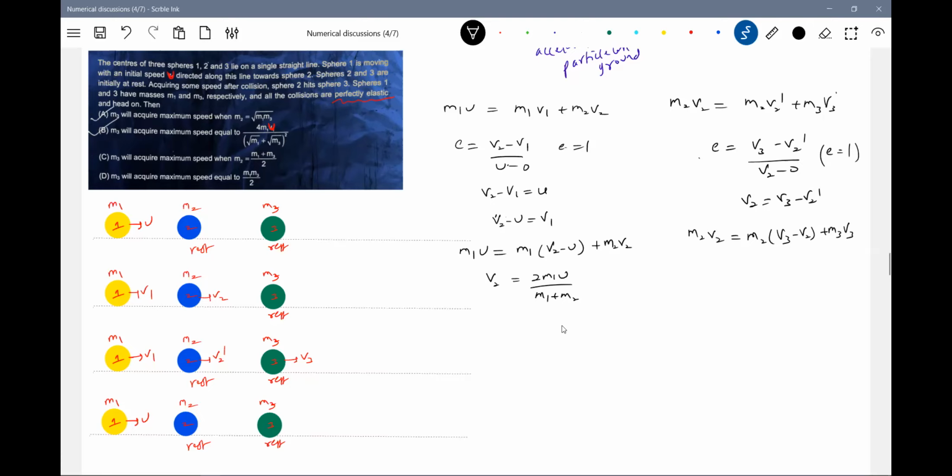Or else you could have used the same formula we had earlier: 2M2V2 by, no need to solve. You could have used the same formula, just replace M1, M2 by M2, M3 and U by V2. Please do remember at least this formula now. This V2 value, let me substitute, with M2 by M2 plus M3. This will become 2M1U by M1 plus M2. So 4M1M2U by